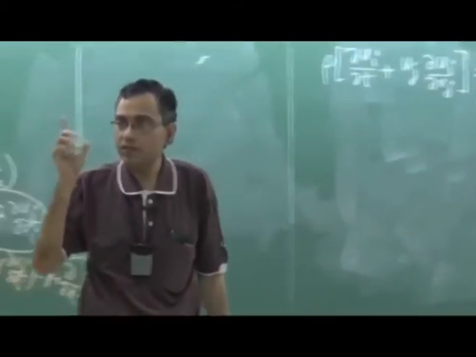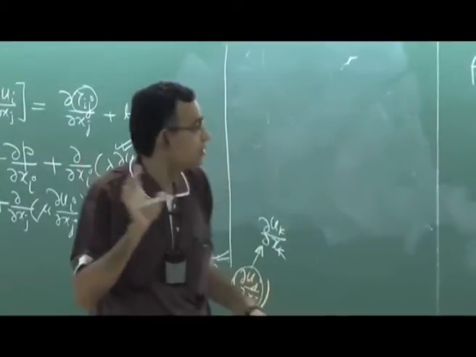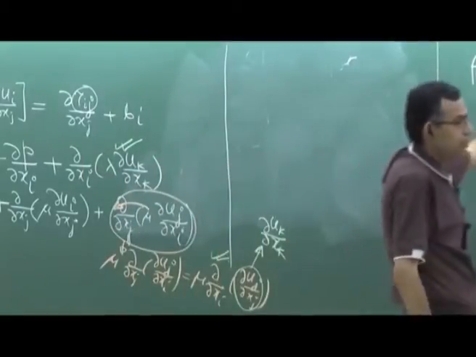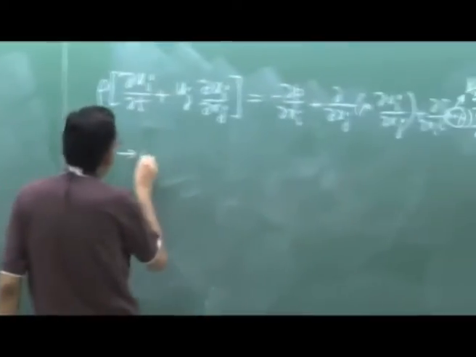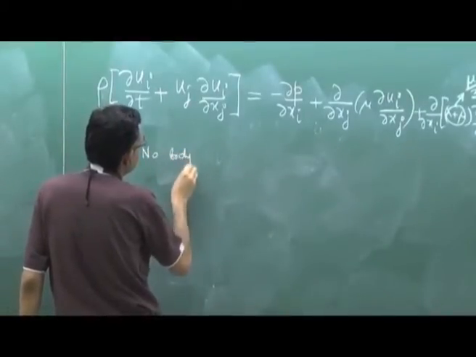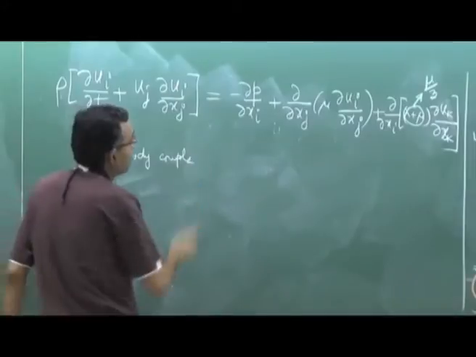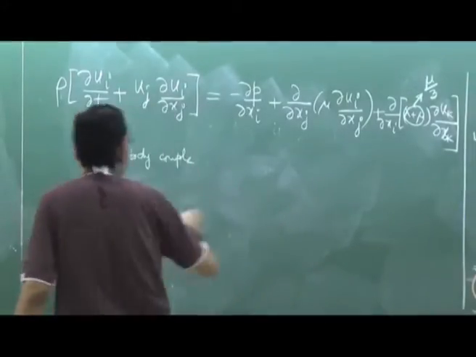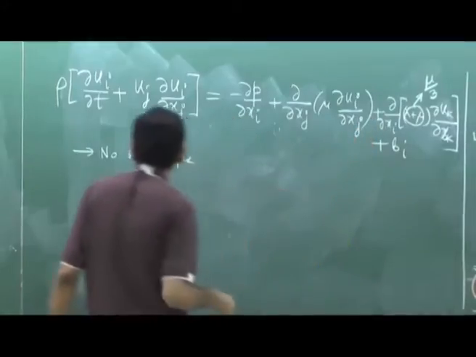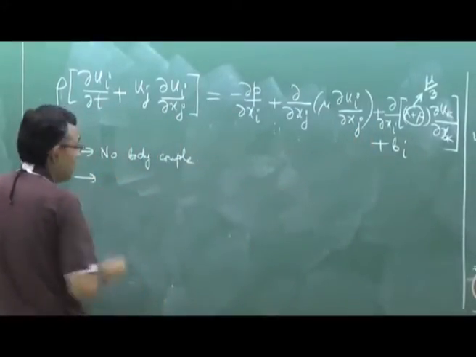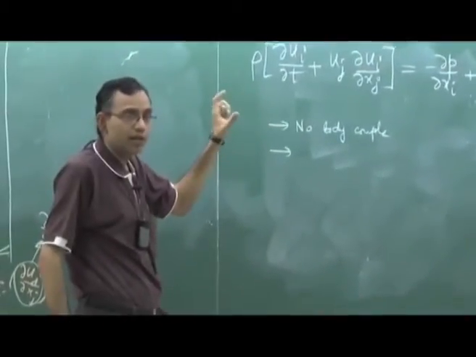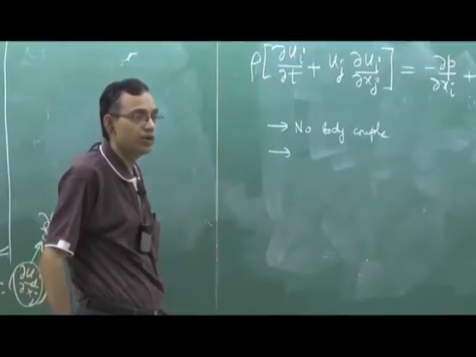Okay. So this equation, what are the assumptions associated with this equation? So first we use the Navier's equation. There the only assumption was no body couple. Then, of course you also have to add a body force that is there, so let us write that. No body couple, then the constitutive behavior, for that we assume a homogeneous isotropic and Newtonian fluid.